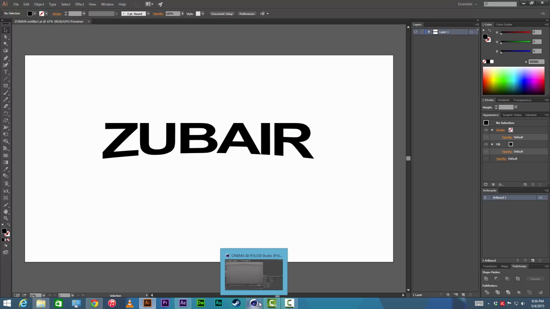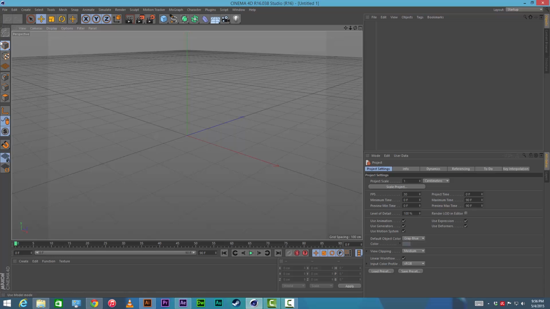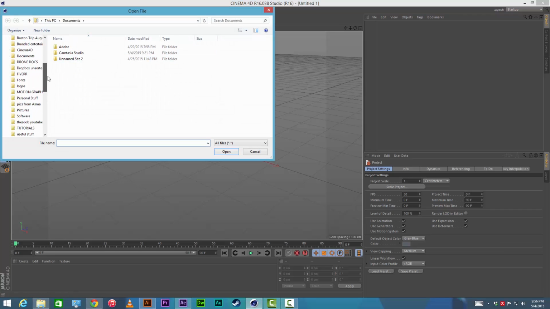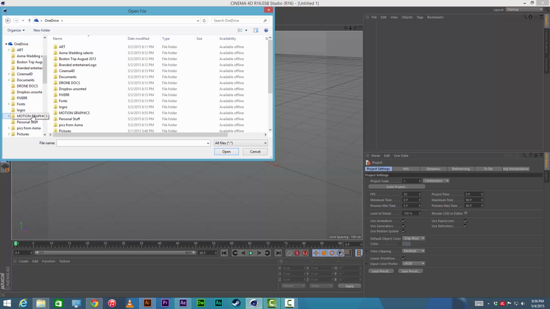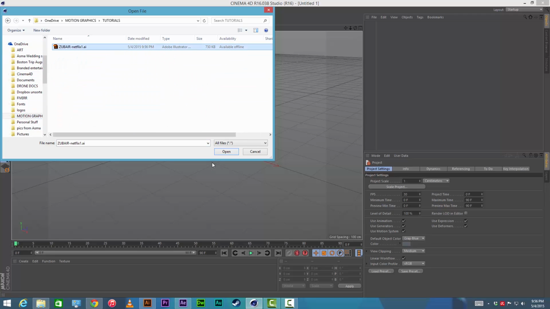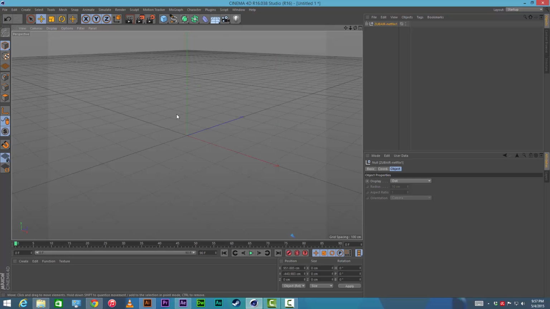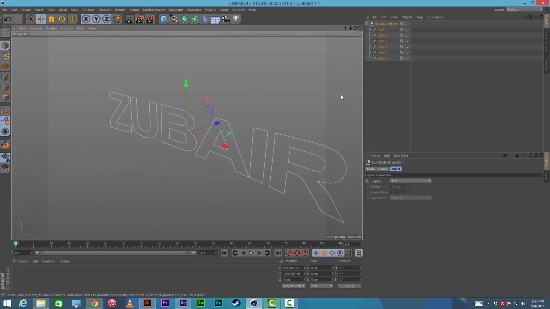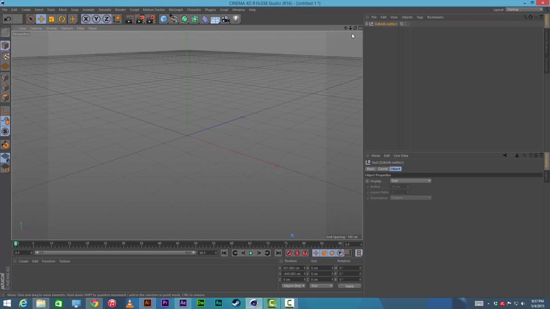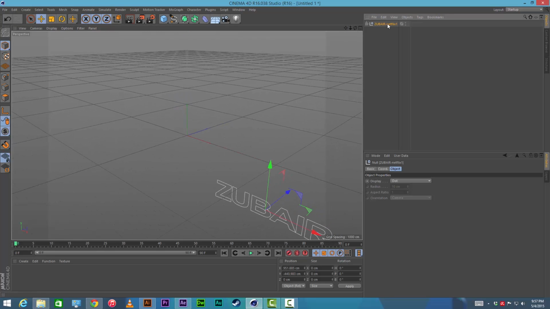Then let's go into Cinema 4D. We're gonna merge, and let's go to our motion graphics folder. Let's go to tutorials, netflix.ai. Hit open. Scale is fine. We'll hit OK, and then we're gonna hit O to go to the location. Now we want to bring this back to 0. So what we're gonna do is